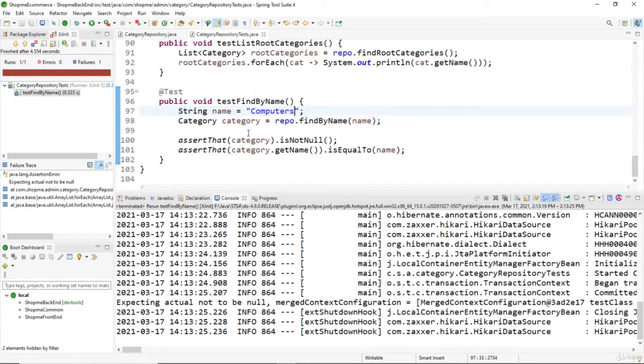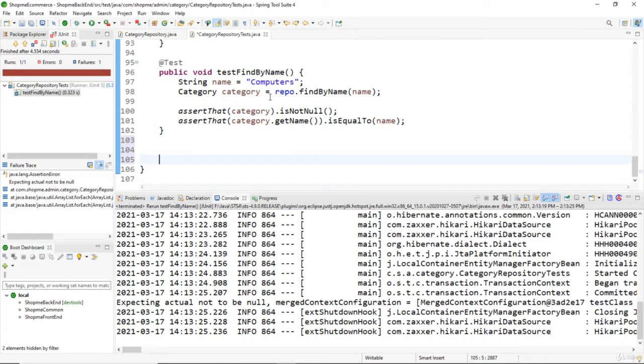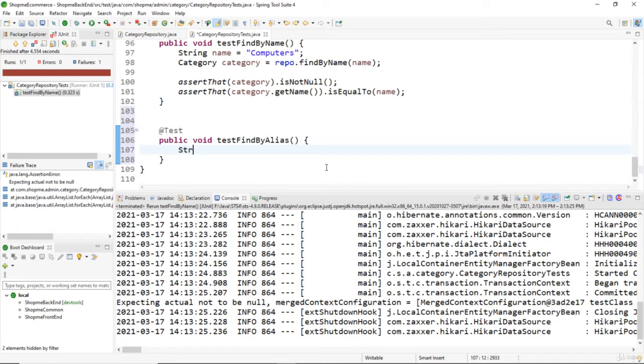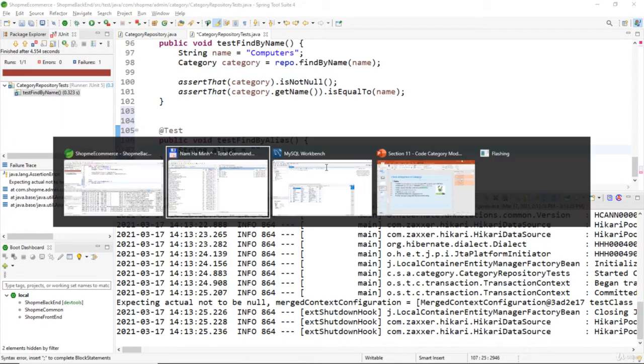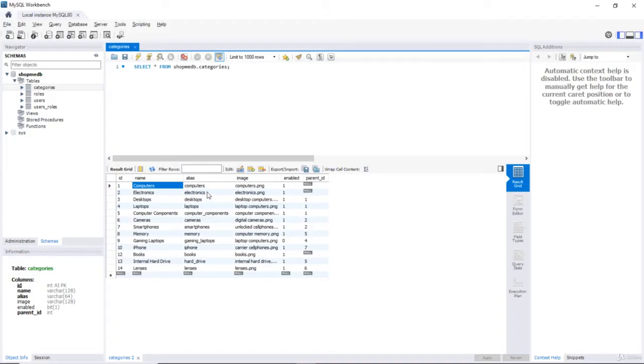And we write a test method in the test class similar to testFindByName. Public void testFindByAlias, and I want to test finding a category with the alias, let's see, alias is electronics,